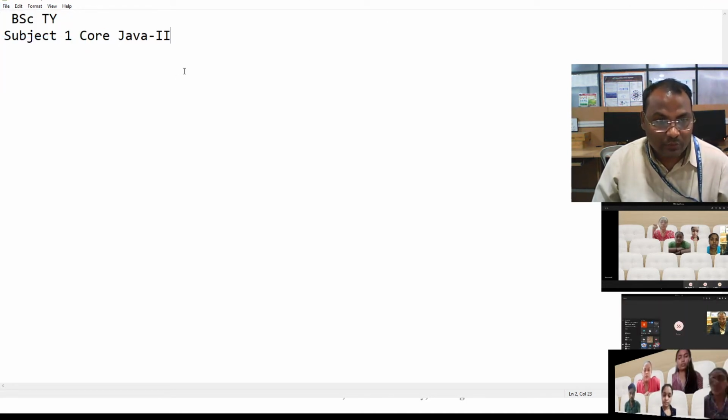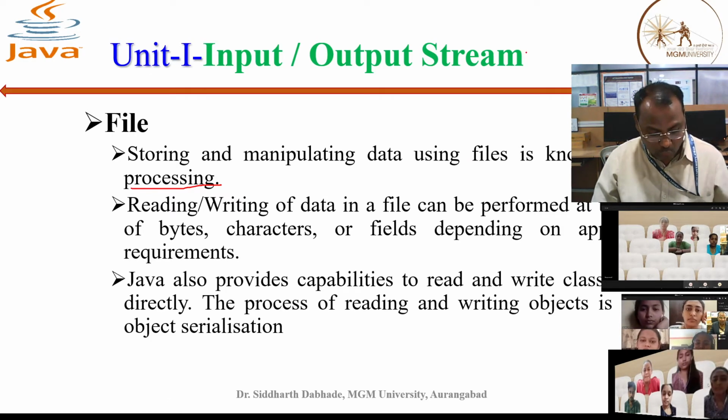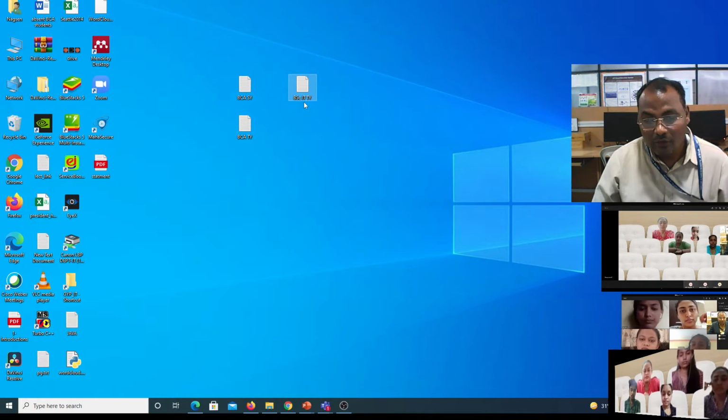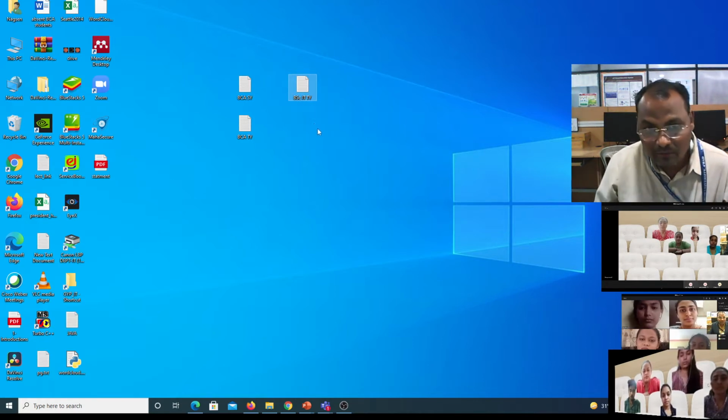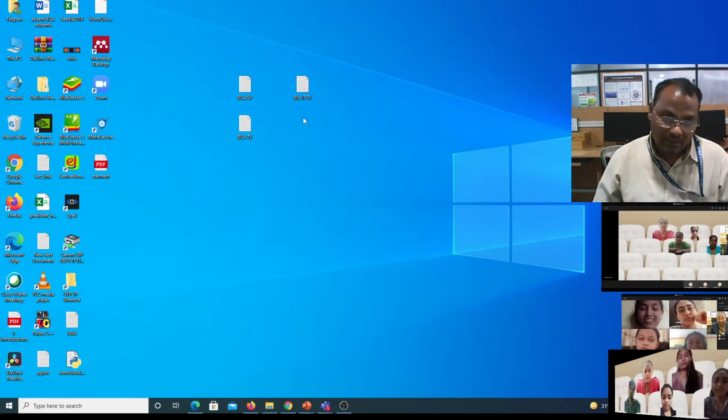Now let us go towards this file. In this file I have stored BSCTY, subject 1 core Java II. Right. Now I have closed this file. Now again you can see this file. In this file BSc ITTY, what is stored? BSc subject 1 core Java 2. Right.